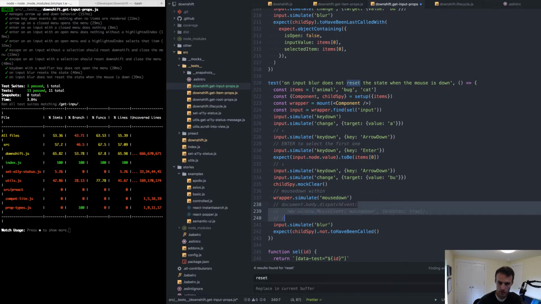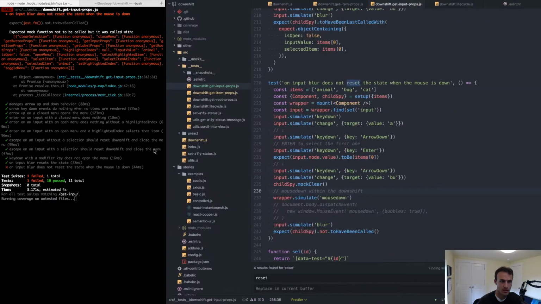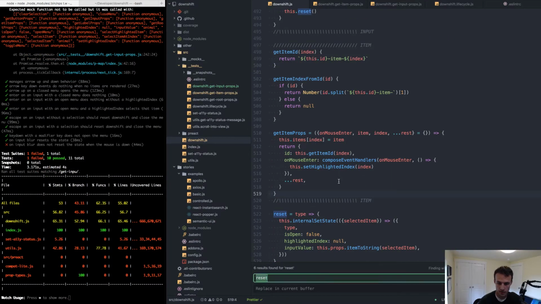That might work. The autocomplete or downshift. Yeah, I didn't think that would work, but it's probably because a bug contains